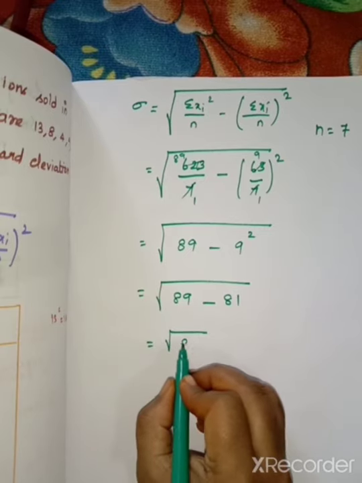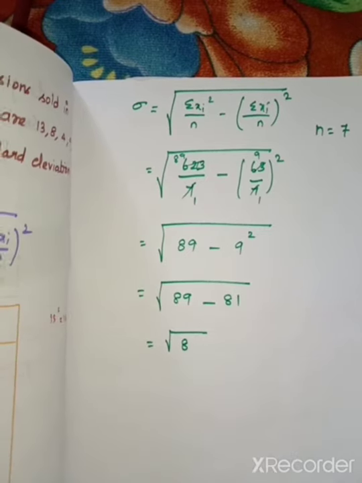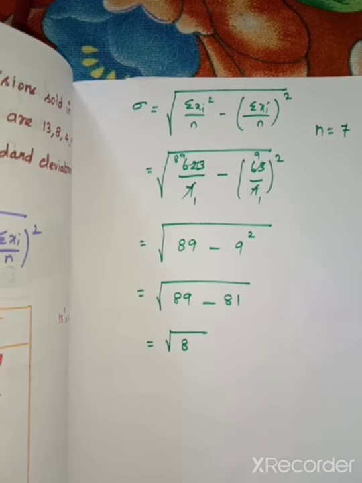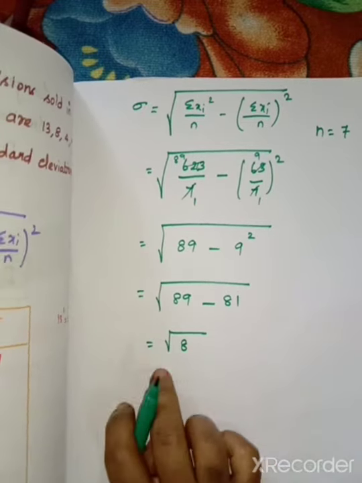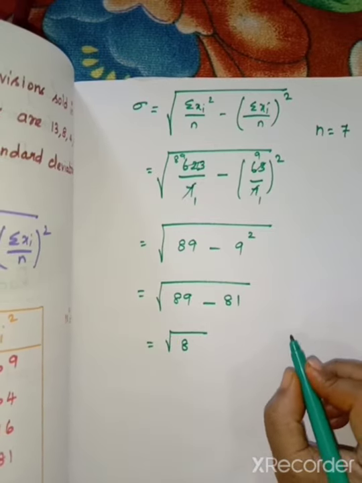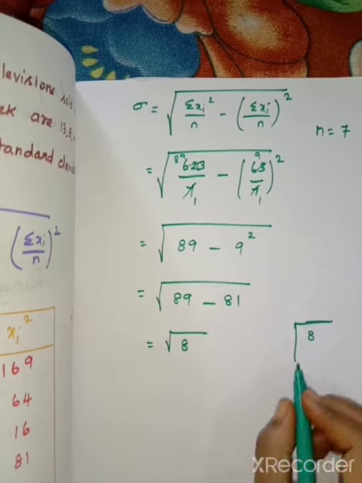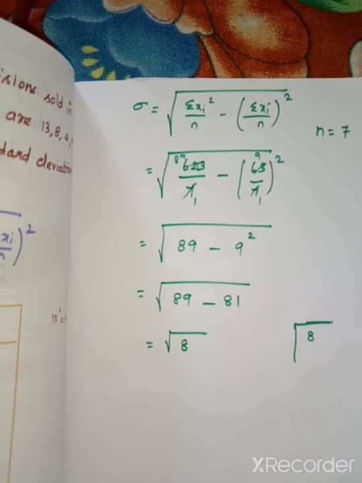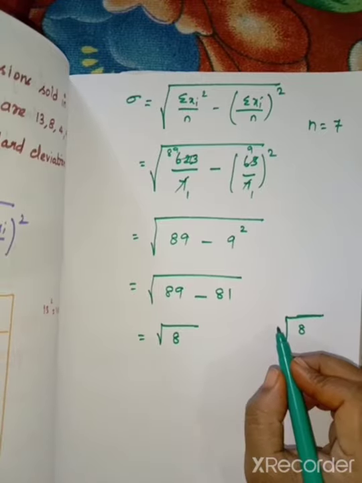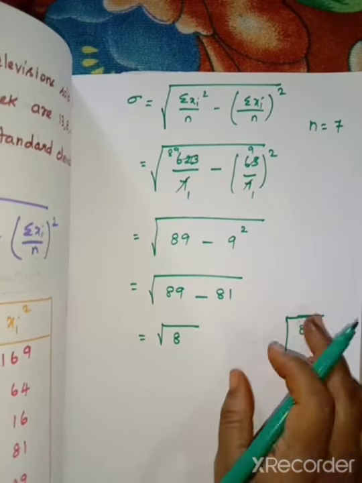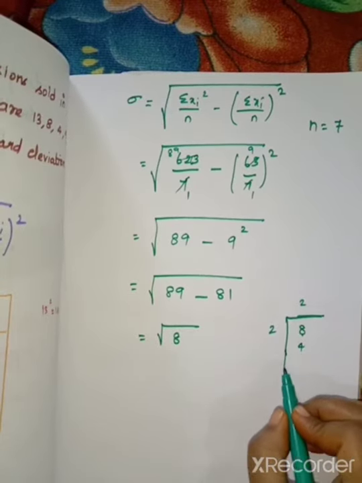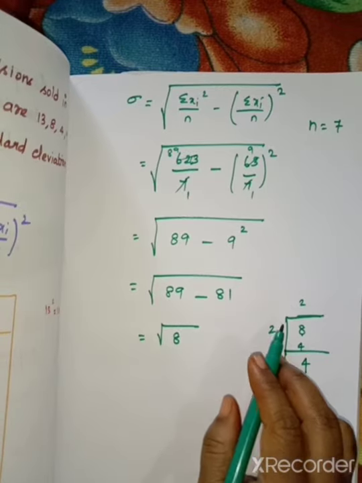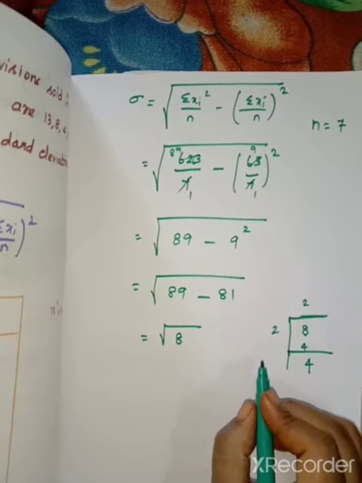Then root of 8. So root of 8, if you know it, you have to do it, because for the standard deviation we have to be accurate, that is, we want to give an approximate value. So for that we have to use the long division method, because the square root is there and we want to take that square root. So by using the long division method we can find the square root value for 8. We know the square tables, 2 twos are 4, 3 threes are 9, like that. So here we have 8, 2 twos are 4, alone we have to take. So remaining is 4.